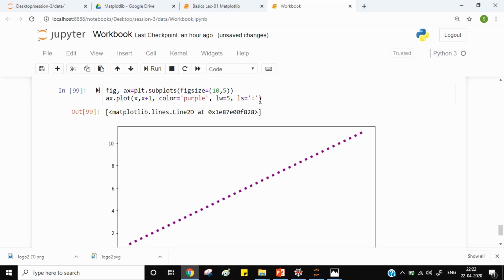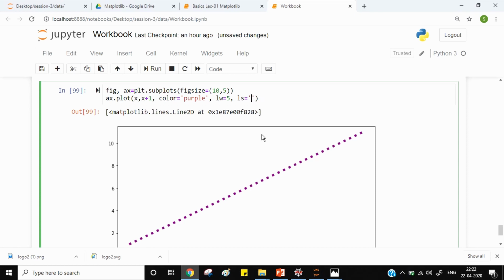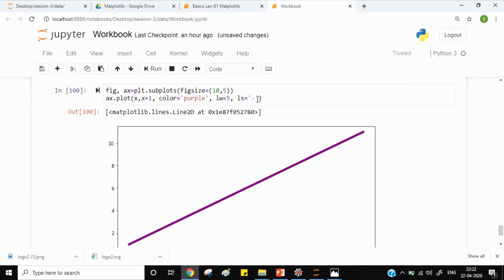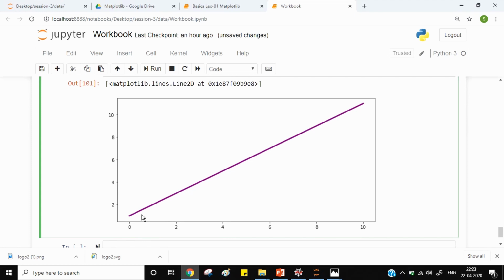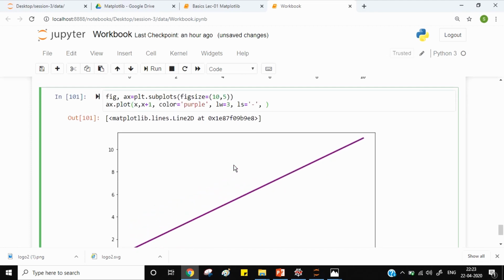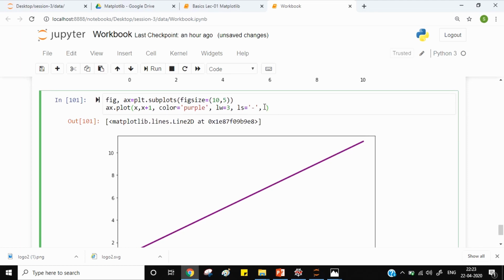Now let's see how to place a marker. For now, I will change the style to solid line and I will reduce the thickness a bit. Yeah, so this is good. Now, how to place a marker? A marker is nothing but the explicit points which you plot on the graph.